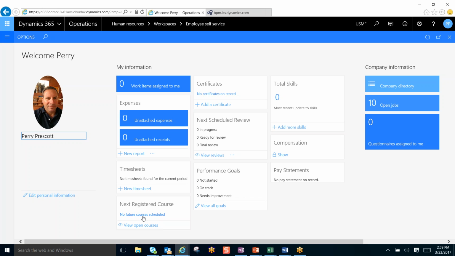If there's next registered courses that I'm scheduled for, then I have calendar activities. I've got different certificates that I may or may not be required to have. My review information, some performance goals. If I had a lot of skills, which apparently I'm unskilled, which I'm okay with, then I would have these